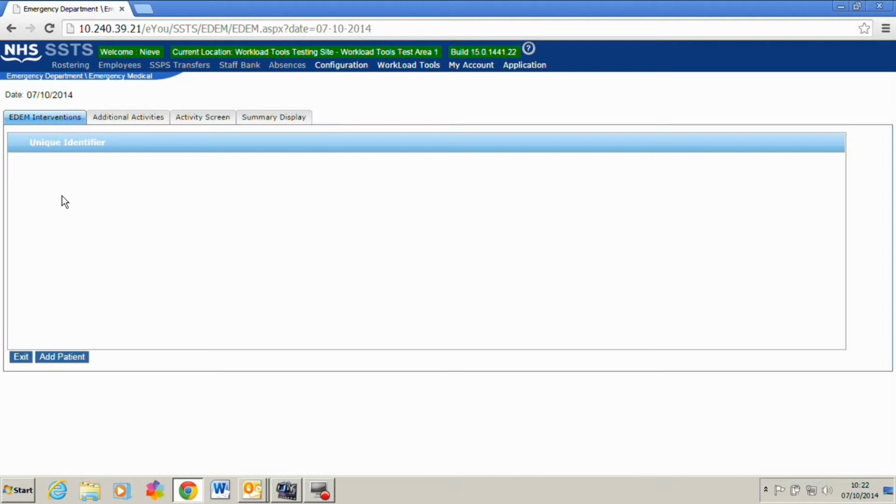We move to the screen where we start to enter workload, and along the top you will see there are 4 tabs. The EDEM interventions, and that's about the care that you give to your patients. It's around your workload score. Additional activities, and we'll go through that when we get there, but that's about work that's done over and above what's anticipated. An activity screen that shows you the workload that you've put in, and a summary display which gives you the final information on the workload you've put in and the staffing you would need to look after that. So to enter a patient, click on EDEM interventions,